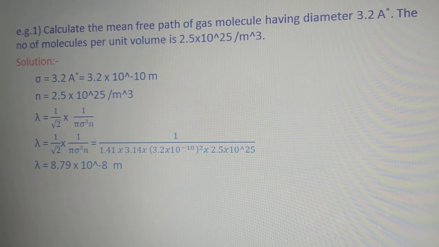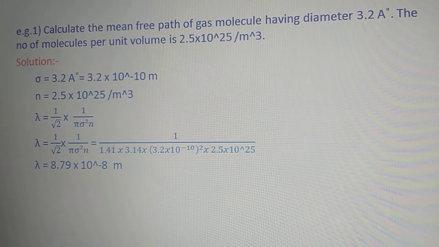Calculate the mean free path of the gas molecule having diameter 3.2 angstrom. The number of molecules per unit volume is 2.5 into 10 to the power 25 per meter cube. The number of molecules per unit volume is given to you, and along with that, the diameter of the gas molecule is given, and its diameter is 3.2 angstrom, and you are asked to calculate the